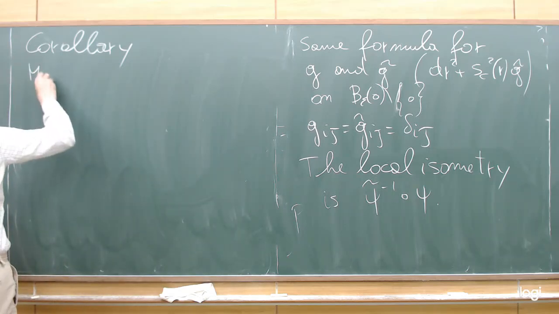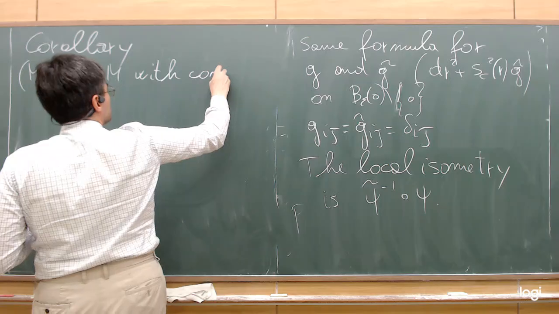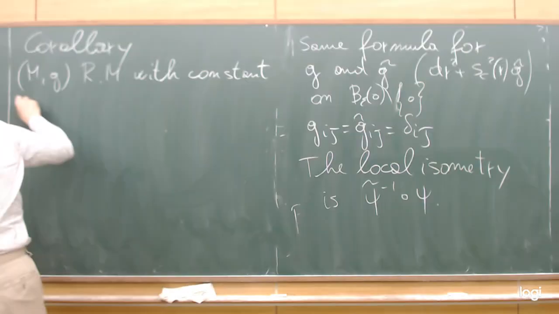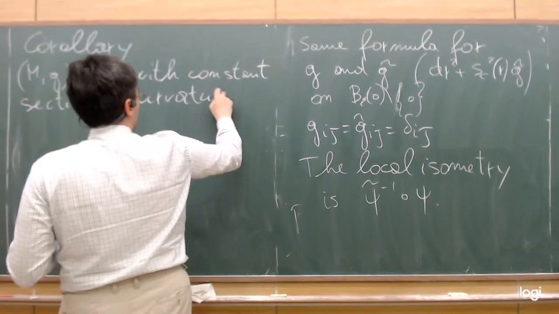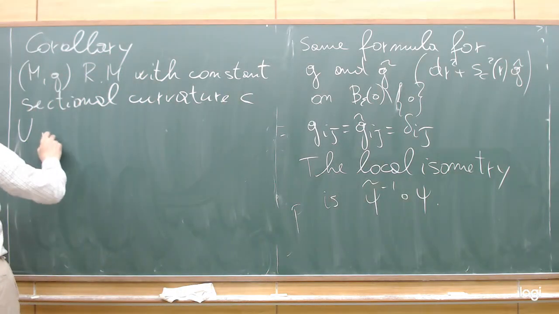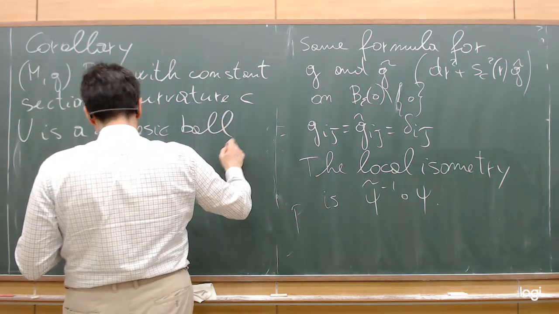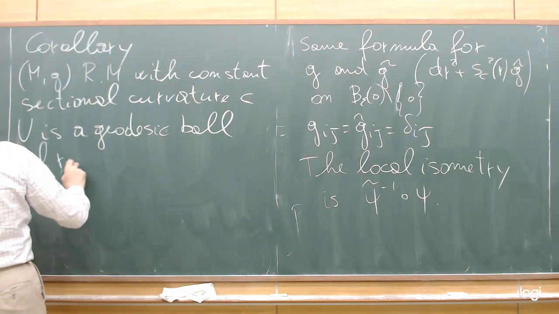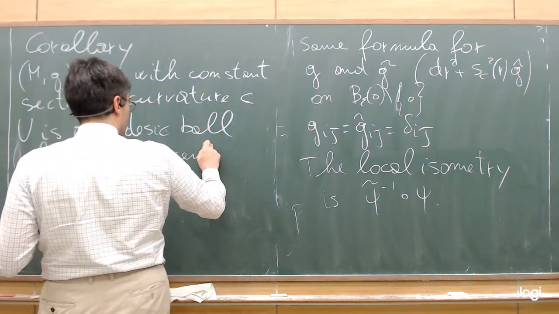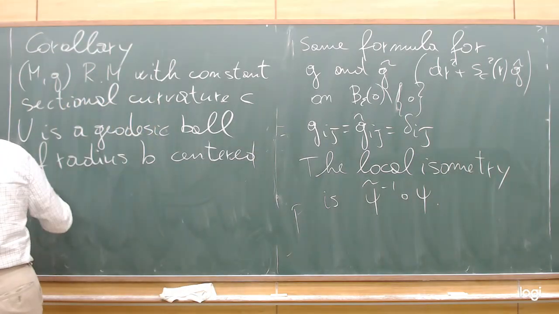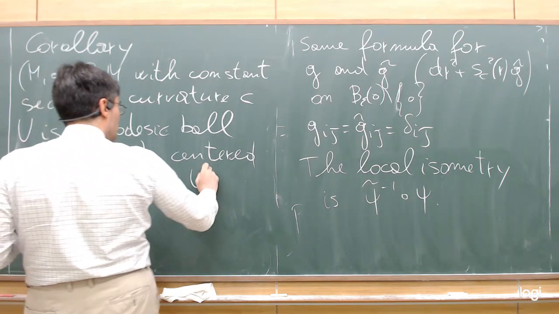So if (M, g) is a Riemannian manifold with constant sectional curvature C, and U is a geodesic ball of radius b, centered at P in M, then U minus P